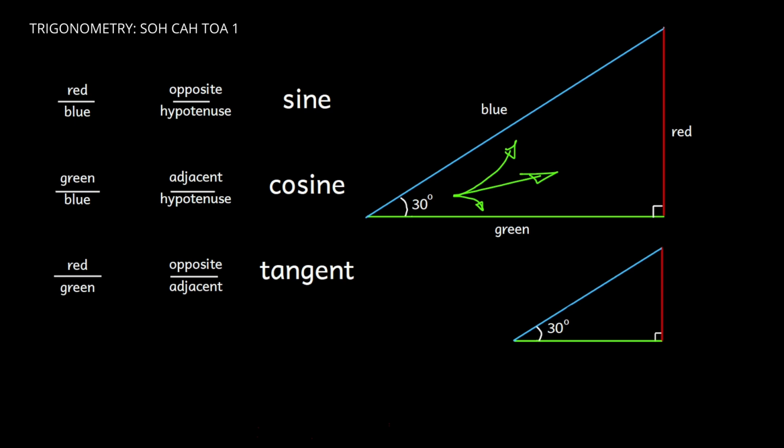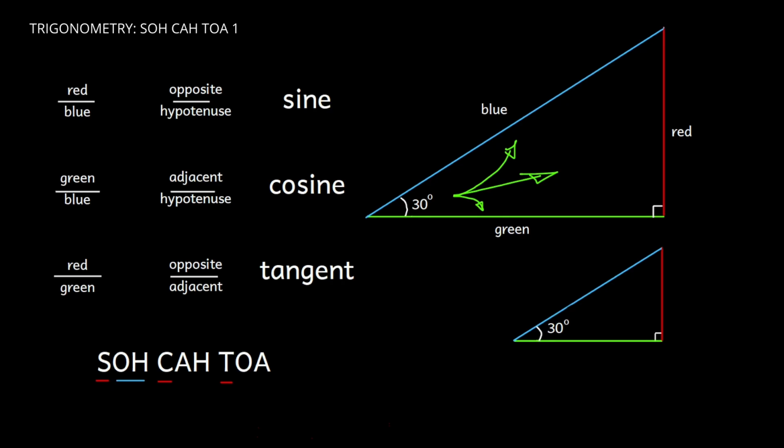Well, that's clearly an awful lot to remember. But what comes to our rescue is a mnemonic using the first letters of sine, cosine, tangent, opposite, adjacent and hypotenuse, and arranged such that it tells us exactly what the sine, cosine and tangent actually represent within a triangle. And it's this, SOHCAHTOA. So here are the three letters for sine, cosine and tangent, and here is what the